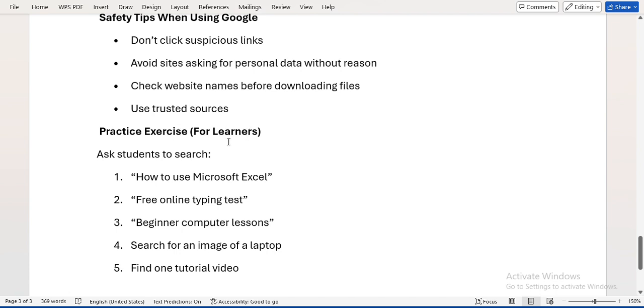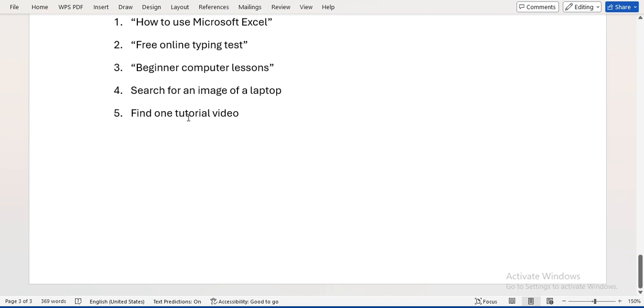Practice exercise for learners. So, for the purposes of your training, how to use Microsoft Excel, online typing test,